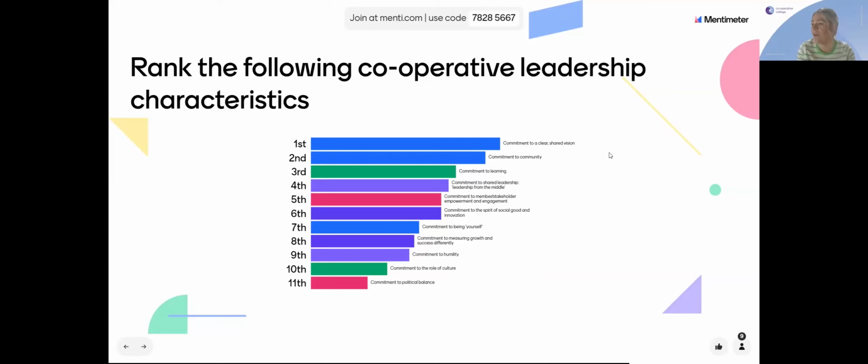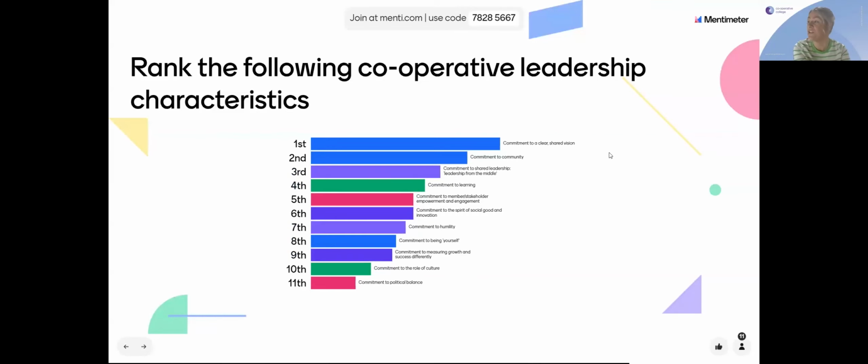I'm not going to talk through everyone, but we can see that we've got our top 3 there. But the clear winner there is commitment to a clear shared vision. It's moving again, but we've still got those 2 at the top. Fantastic. And a commitment to shared leadership, leading from the middle. And that's very, very now, isn't it? Rather than, as I said earlier, having that top-down approach, it's that looking outwards, and everyone, I suppose, feels an equal within the organisation too. Fantastic.